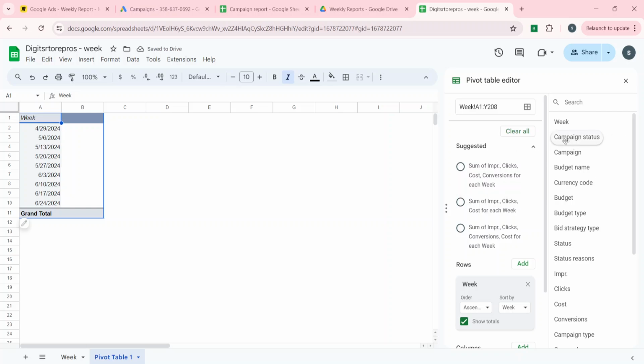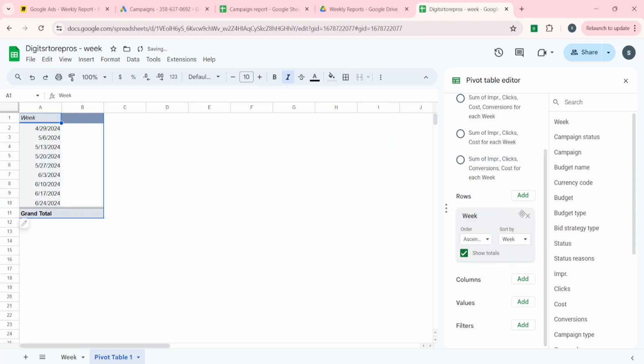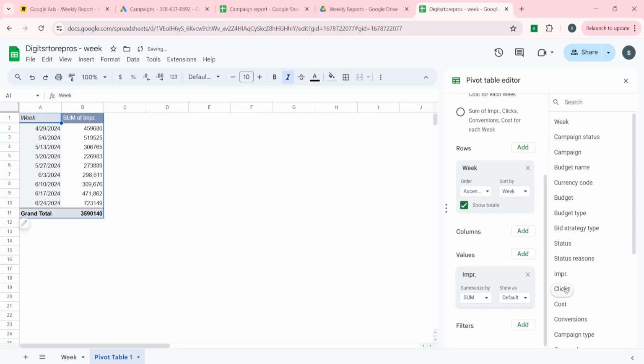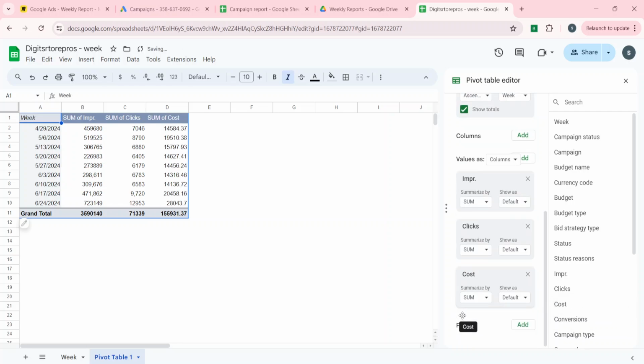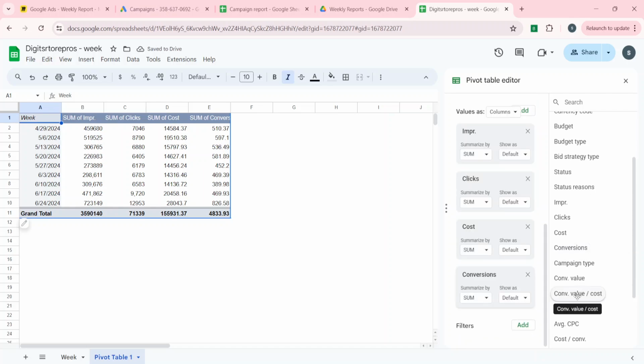And impressions, no, impressions in the values. We want impressions in the values. Impressions. Okay, clicks, cost, conversions, conversion value,